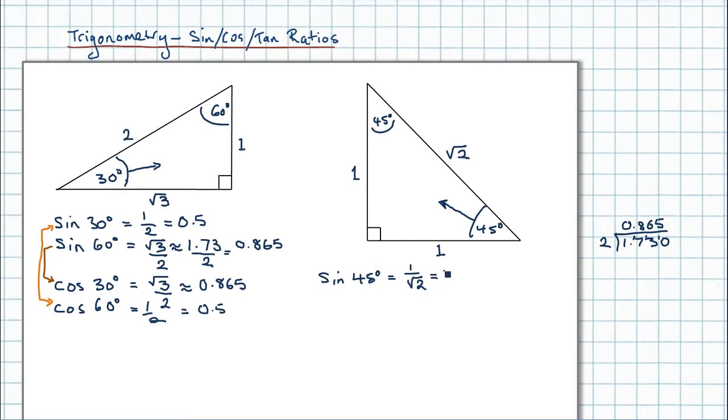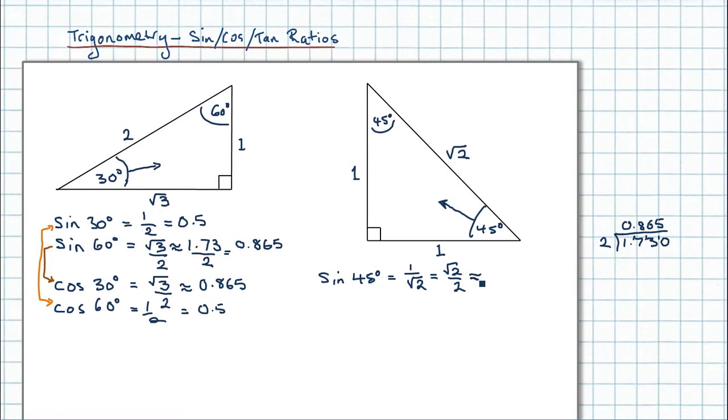So what we've got now is 1 times root 2, which is root 2, divided by root 2 times root 2, in other words root 2 squared, which is just 2. Okay, so in the 45, 45, 90 degree triangle, the sine of 45 then is root 2 over 2,